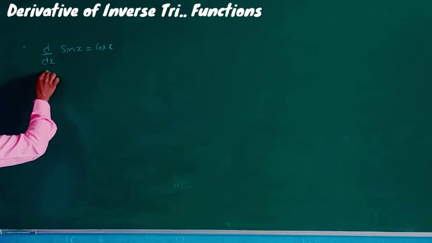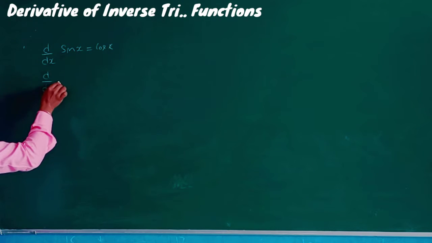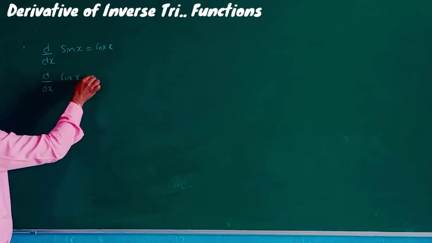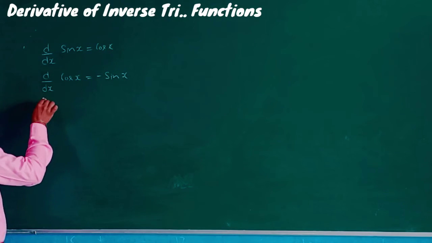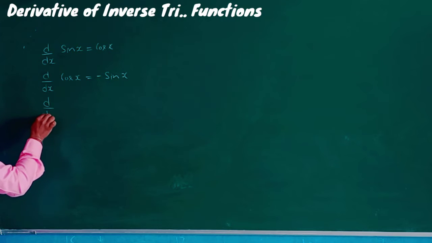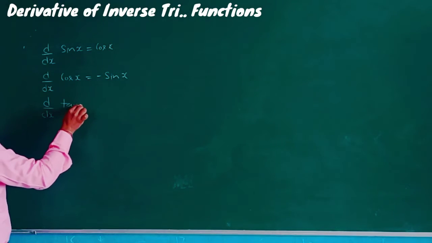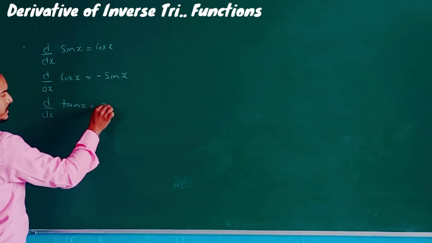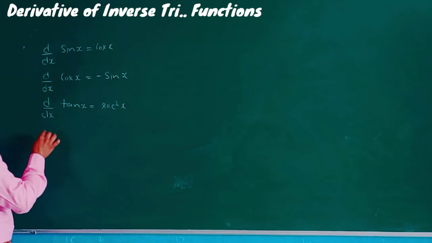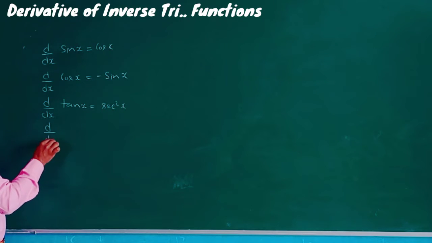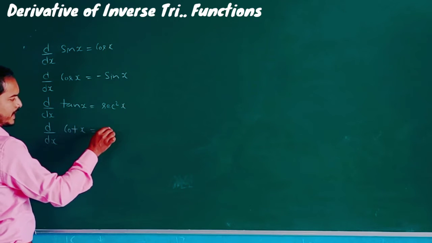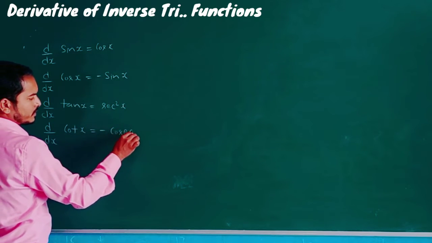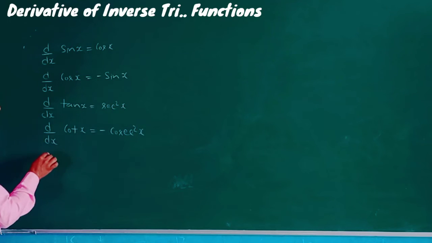The derivative of cos x is minus of sin x, while the derivative of third trigonometric function, that is tan x, it is sec square x. The derivative of reciprocal of tan, that is cot x, it is minus of cosec square x, and the derivative of next